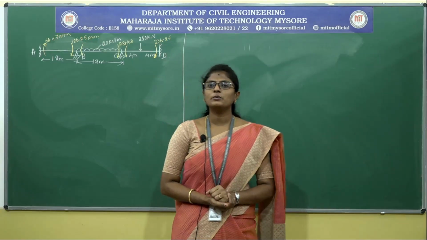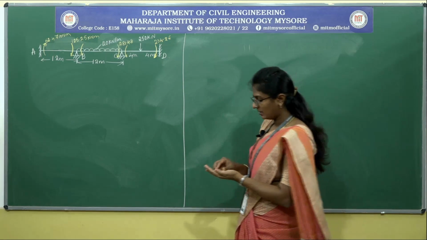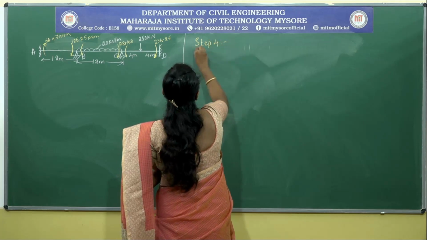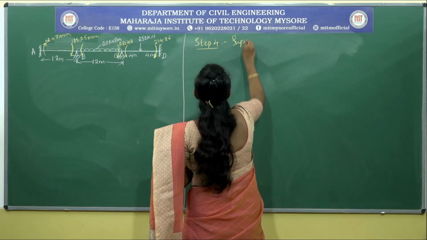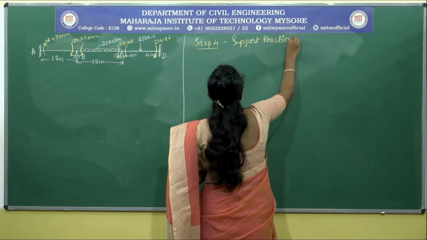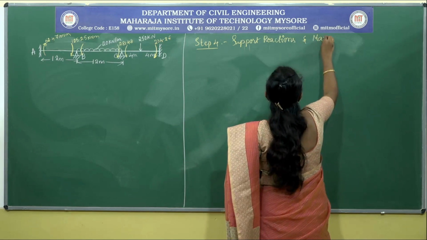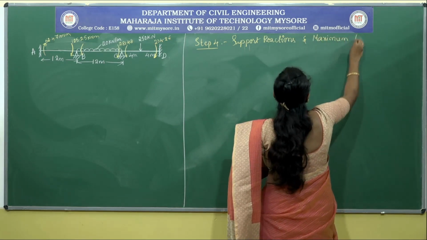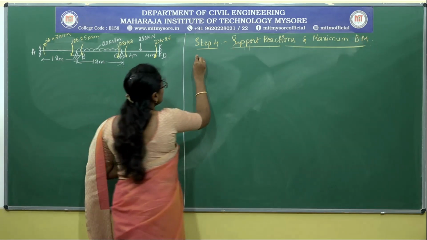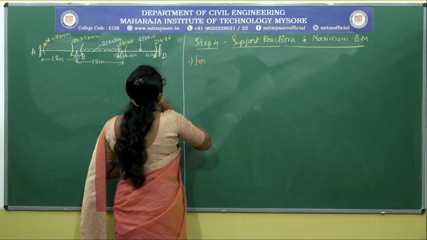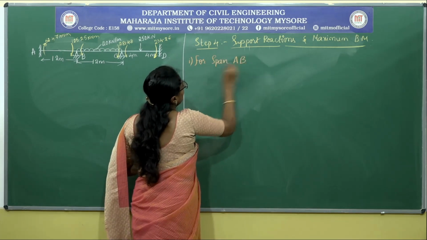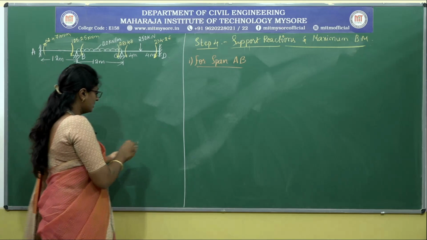Okay? To start with the next step, that is step 4, that is to calculate the support reactions and maximum bending moment for each span. For each span separately, initially I shall take up the span AB. So for span AB,